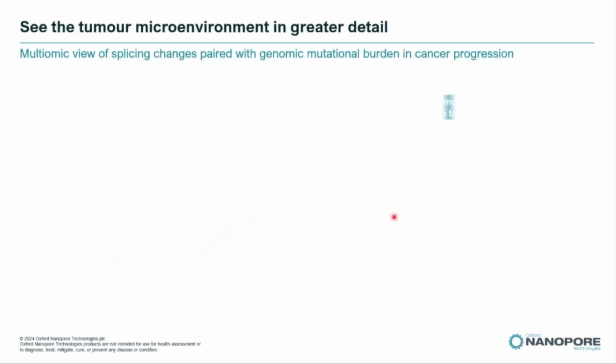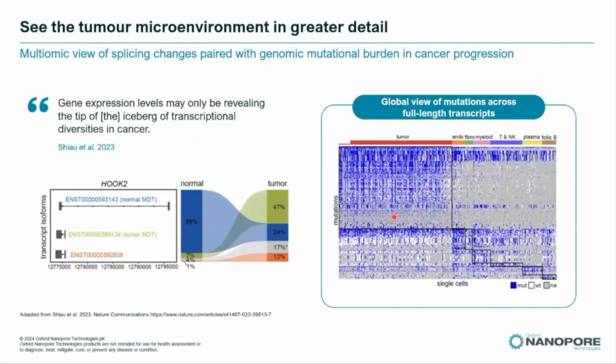But what you cannot capture with short reads is what is described in this publication by Xiao and collaborators. They were looking at kidney cancer, and they were looking at its microenvironment. So here we see that from a patient, they were not only able to detect the normal and the tumoral cells and the tumoral progression, but they were also able to look at isoform utilization by the tumor cells, and they were able to show that the different tumor clones are using different isoforms,